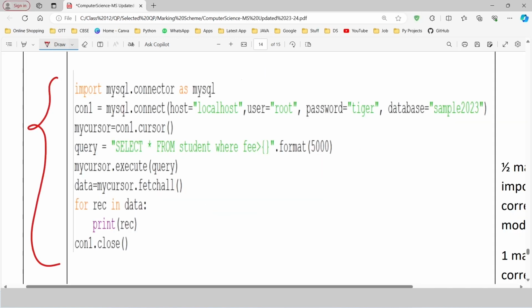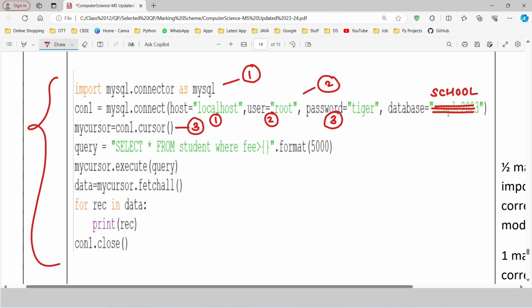Look at the code. Now we know the steps, right? The first step is to import the mysql.connector module. In the second step, we use the connect function to establish connection between MySQL and Python. According to the instruction, here is the first parameter, second parameter and third parameter. The database is given, so we will be writing it. Here also the database name is the same. Moving ahead to the third step, that is to create a cursor instance. Now we need to write the query and execute it.